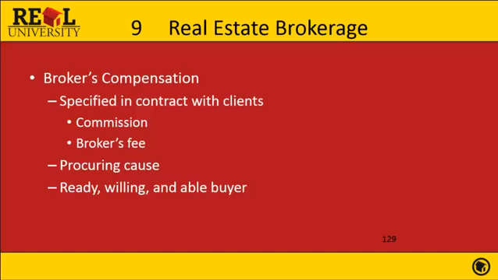I also have to be what's called the procuring cause. Make sure you highlight this in the book. This is where 99% of all of your arguments in the real world are going to come in. Procuring cause means you are the reason, or you set in motion the activities that ultimately led to a sale. It's your fault. And in this case, that's a good thing. We want it to be our fault. We want the reason the guy sold the house to be that I listed it, put it in the MLS, and we got a buyer. I'm the procuring cause. It only sold because of me.